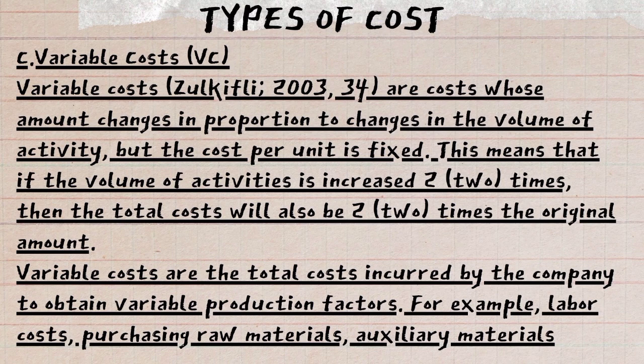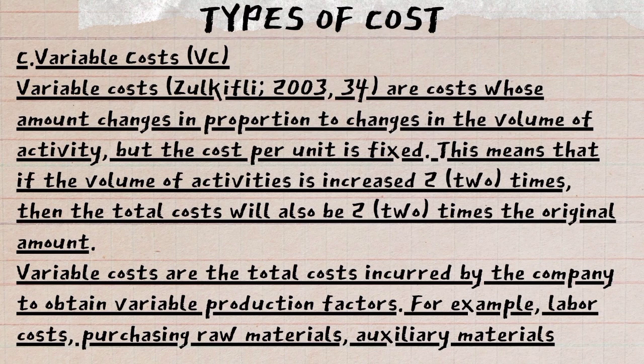This means that if the volume of activity is increased 2 times, then the total cost will also be 2 times the original amount. Variable costs are the total costs incurred by the company to obtain variable production factors. For example, labor costs, purchasing raw materials, auxiliary